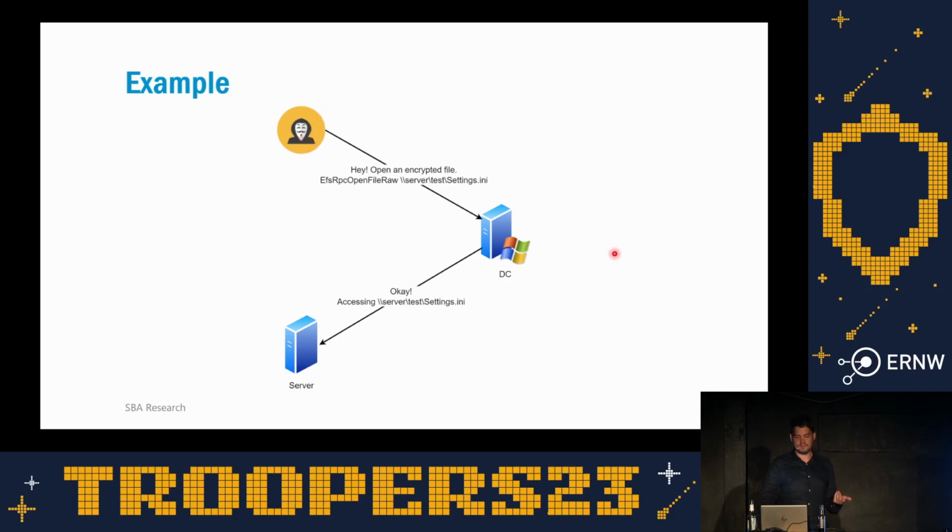In this case, we tell the domain controller, or it can be any other server actually, to use this RPC method here, EfsRpcOpenFileRaw, and the file that you should open is on a different server. It's on the server, and it's some file. This is the default. You can adapt this. So the domain controller is connecting to the server using the credentials, accessing these files. So this is how it works. Nothing complicated. This is also why this PetitPotam script is 500 lines, I think, with a library, but still,